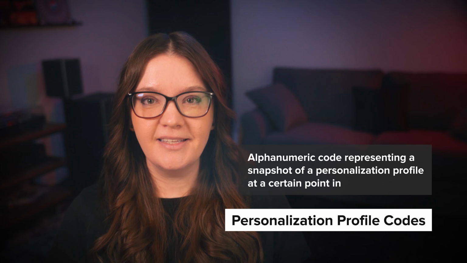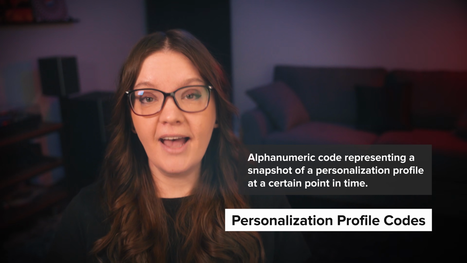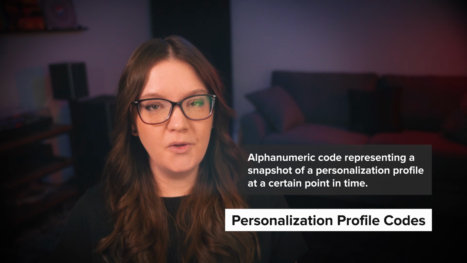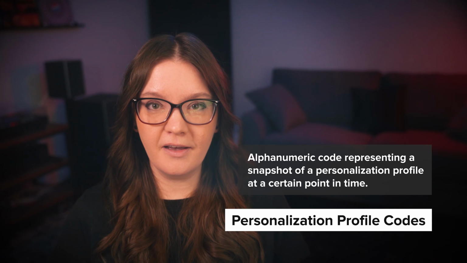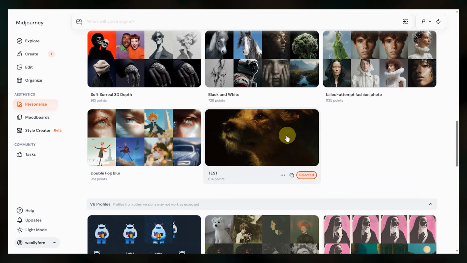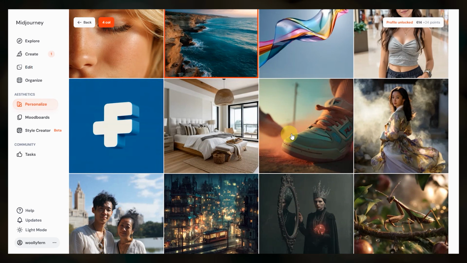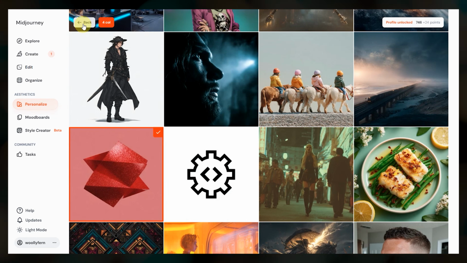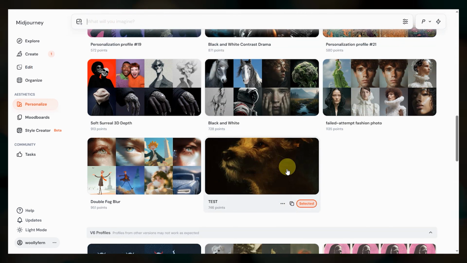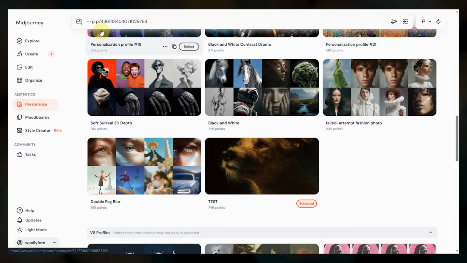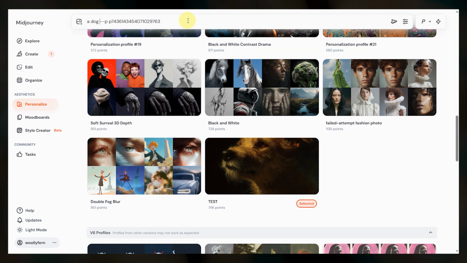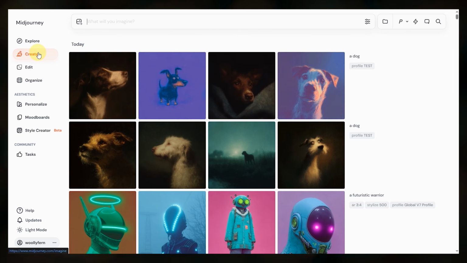Each code represents a snapshot of your personalization profile at a specific point in time. You can reuse them in future prompts and you can share them with others. But here's the important thing to know. Every time you go back and select more images, your profile updates, and that generates a new alphanumeric code. So let's say that I go back into the profile I just created and select a few more images. Okay, now if I click this button to add that profile to the prompt bar, you'll see that really long code again. And after I submit a prompt, that gets converted into a new alphanumeric code that represents the updated